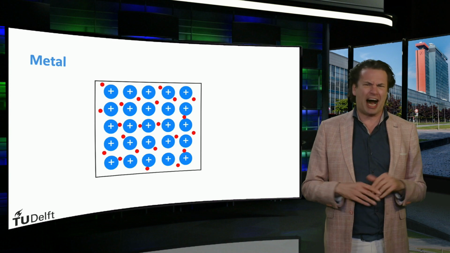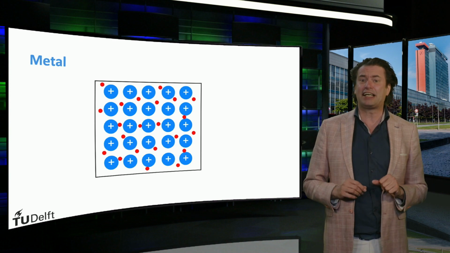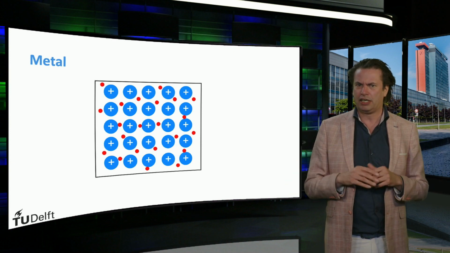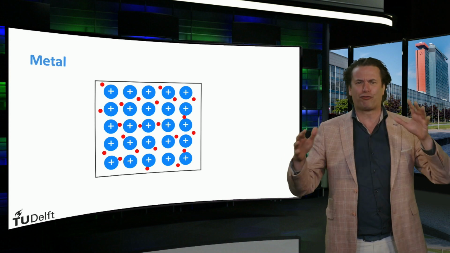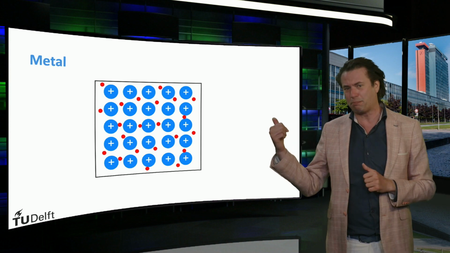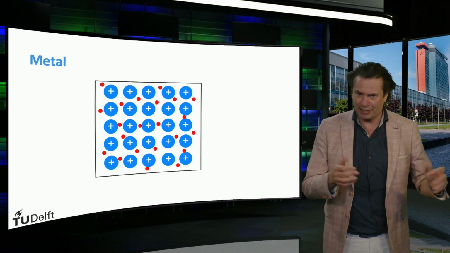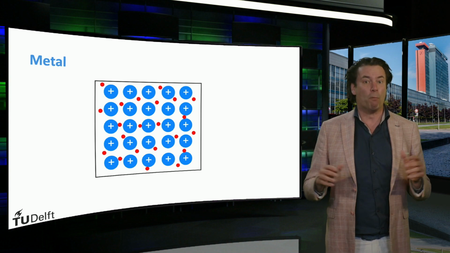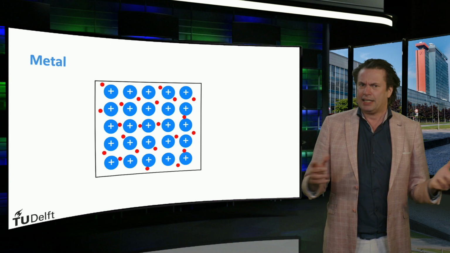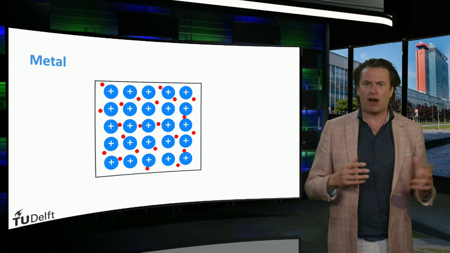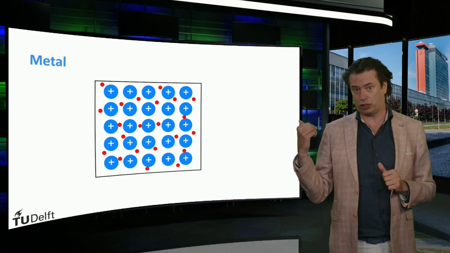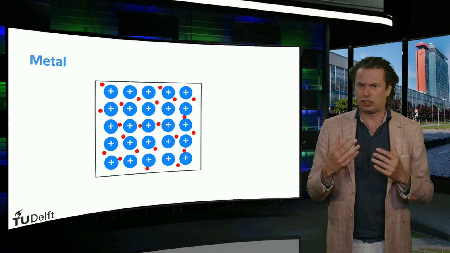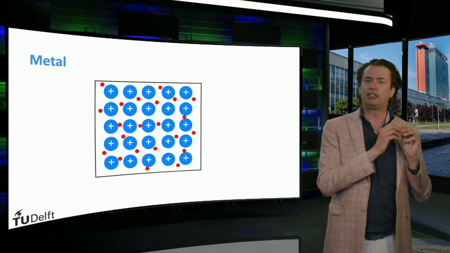The origin of this high conductivity of metals is based on the fact that the outer electrons of the atoms in a metal are weakly bound. This results in an ocean of free mobile electrons in the material, indicated by the red dots. Electrons are negatively charged and therefore the conduction in a metal is based on mobile negative charge. These electrons move around in a background of atoms indicated by the blue dots. As many of the atoms donated an electron, they can be considered as fixed positively charged ions.